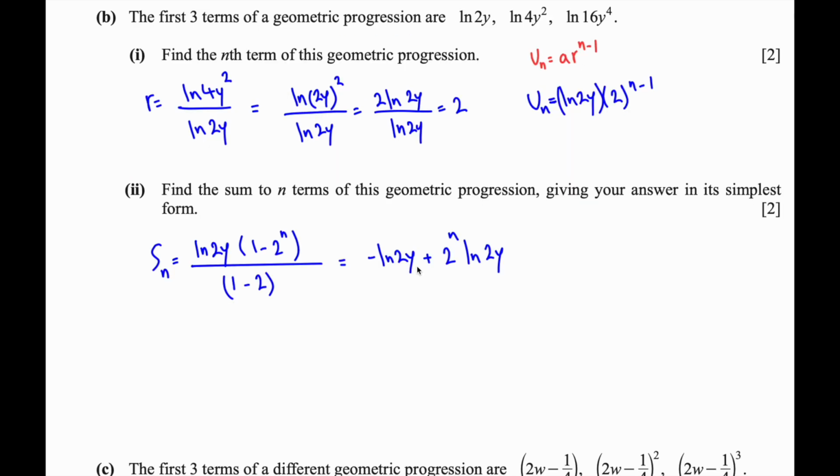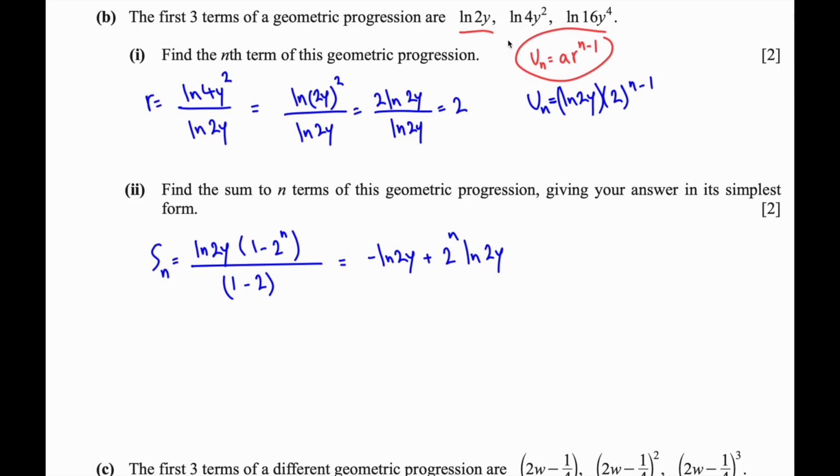In part B, however, I'm dealing with a geometric progression. And again, the first 3 terms are given to me. I'm supposed to find the nth term of this geometric progression. So if you refer to the formula for the nth term in a geometric progression, it's nothing but a times r to the power of n minus 1, where a is the first term, ln of 2y in this case, and r is the common ratio,